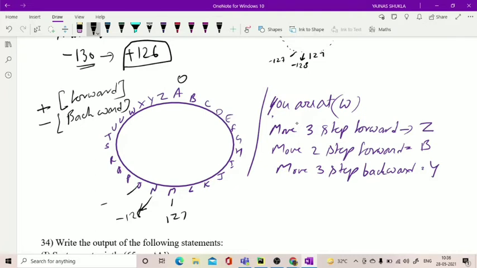And before that, minus 127, minus 126. Before 127, 126, 125 like this. So if I say we are at the number plus 129, plus 129 means the last number is 127 plus 2 steps forward.